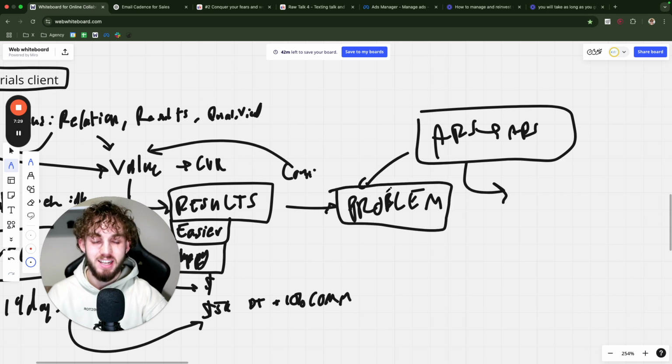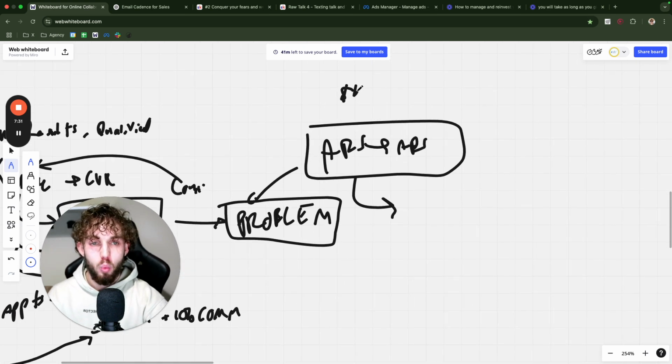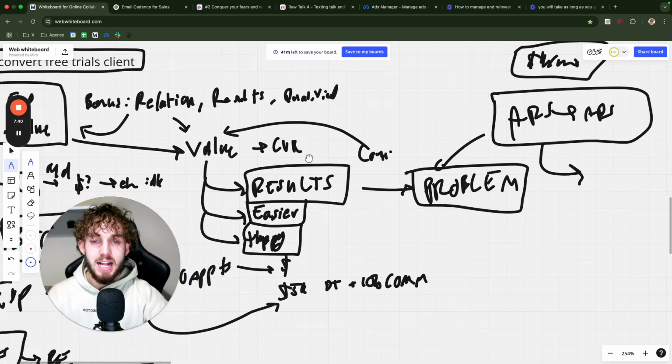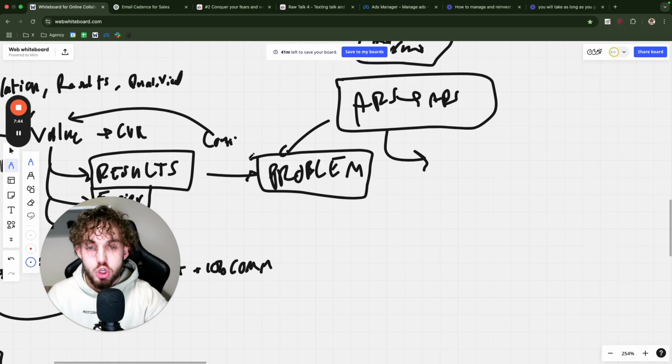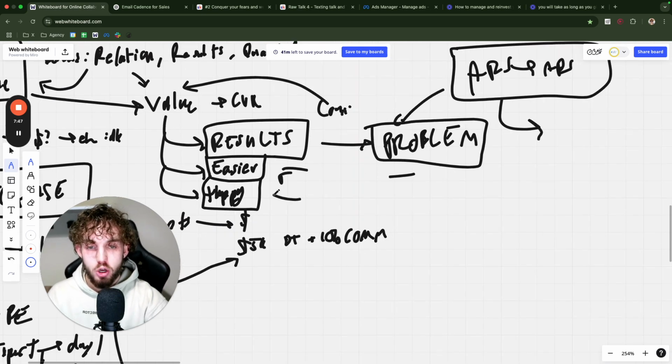for the client? The client's thinking, damn, I'm about to pay this guy $1,000 per month, let's just say for example, to do the thing I was already doing, and he's barely going to make me any more money. That doesn't really solve a problem. And so in these first 5, 7, 14, 30 days, you want to solve problems. You want to make their life easier. You want to make them happier.